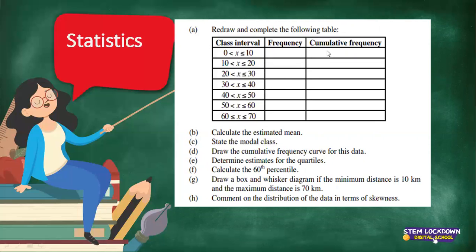We are going to have 1 plus 6, which is 7. 7 plus 12 is 19. So we keep adding our frequencies to calculate our cumulative frequency. As we add this column with this column, we get our cumulative frequency. So with that, we have calculated our cumulative frequency. Okay. Now the next